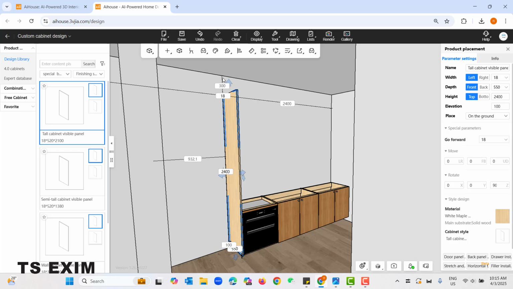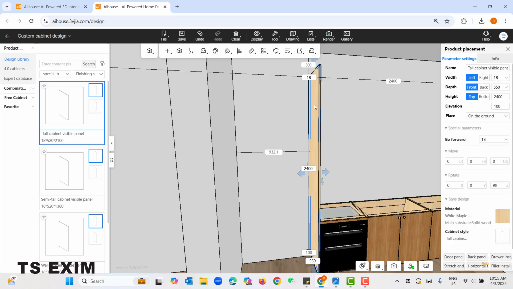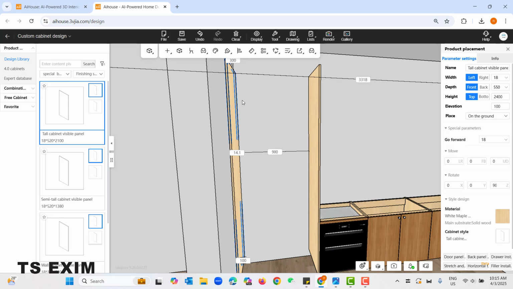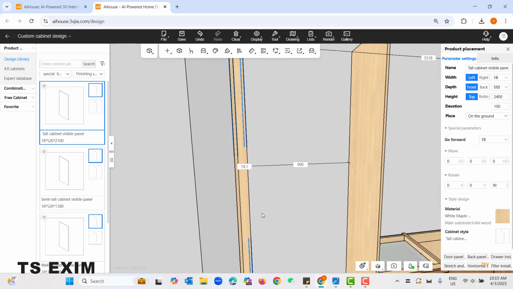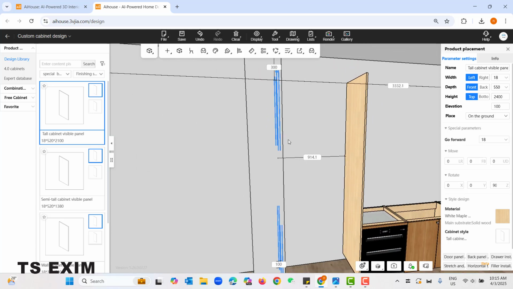Later we will drop down the ceiling. Okay, then you can copy the panel out. Okay, select the panel, right click, copy to the left. Okay, then distance you can change 900. Okay, quantity 1 only, then click confirm. Right, so you will copy to the left and you will see extra gap. If you have extra gap like mine over here, I have 14 mm, you can just change it to 0 and okay, it will snap to the column. So this is our column. Alright,